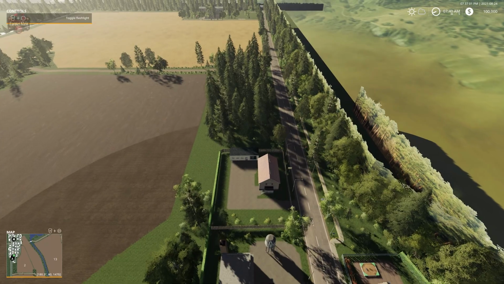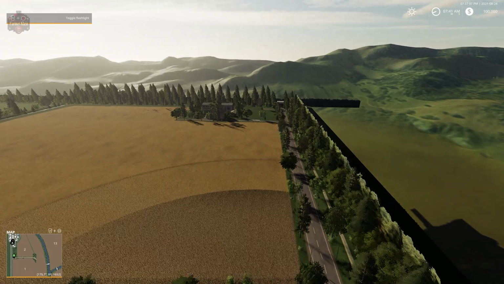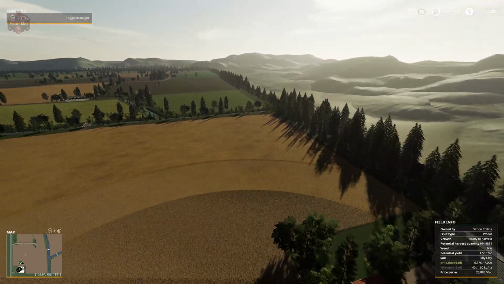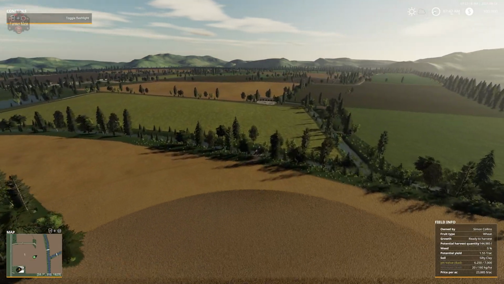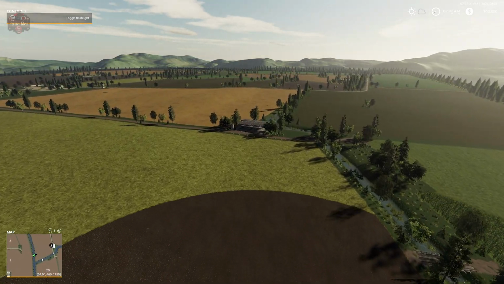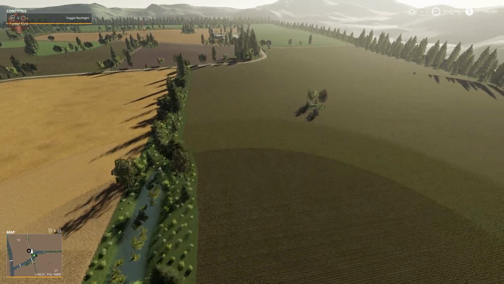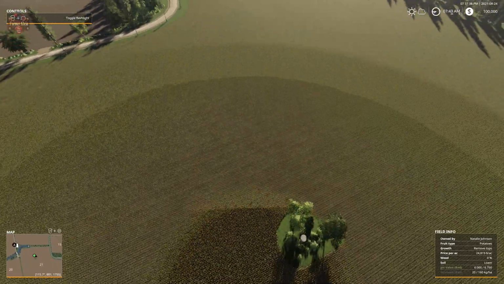We have lime sell point or buy point. Down here in the southwest, we have our sawmill. So we make our way across the eastern side of the map. We have another nice little shed over here with a lime buy point. So the map does seem to have lime buy points scattered around. We have another one of those